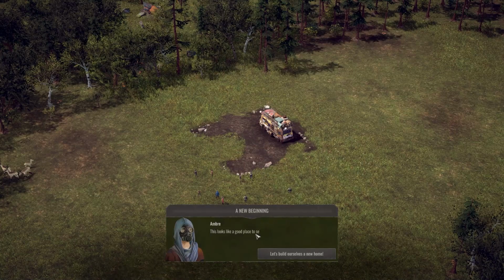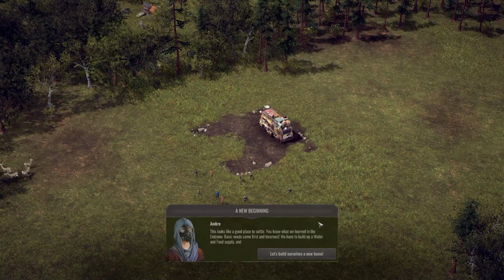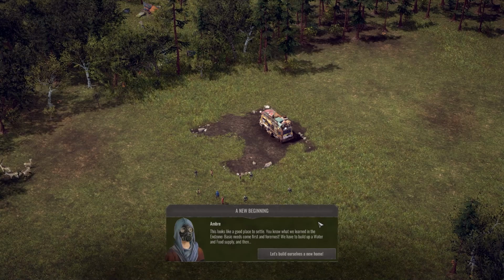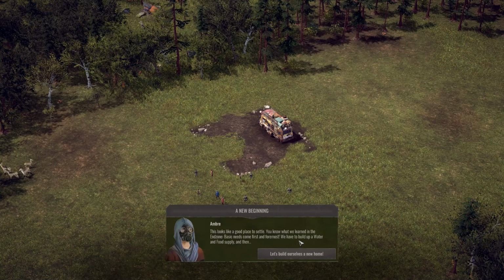Now, this looks like a good place to settle. Okay. You know what we learned in the Endzone? Basic needs come first and foremost. We have to build up a water and food supply, and then...